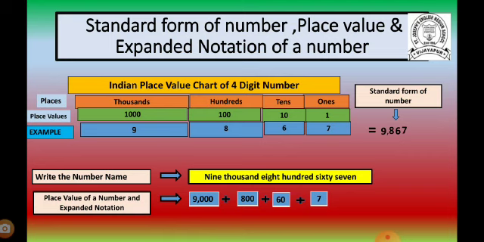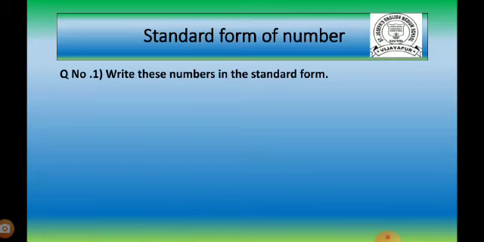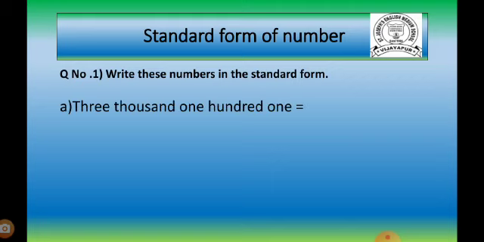On this concept basis, we are going to solve questions number 1, 2 and 3 of exercise number 1.1. The first question is, write these numbers in the standard form. The first one is 3101. Here we have to begin with the thousands number. In the thousands place we are having 3. Then in the hundreds place we are having 100. But here, children, we don't have a tens number, so what we will do? We will put 0. In the units or ones place, we are having 1. So the number has now become